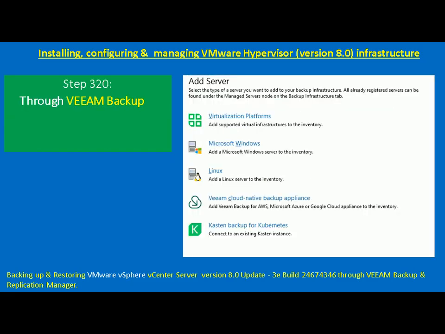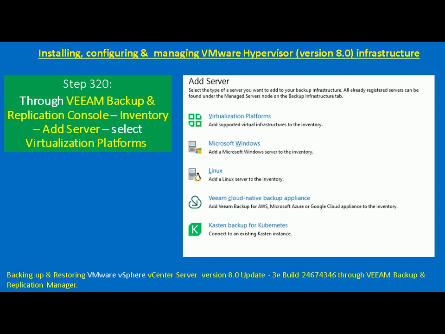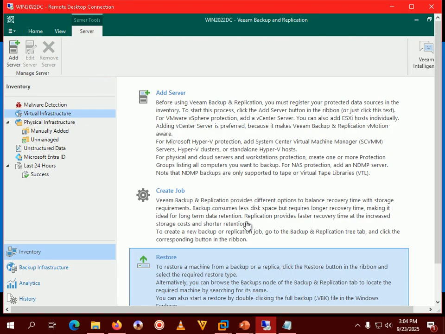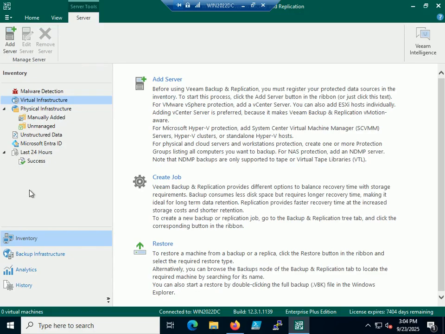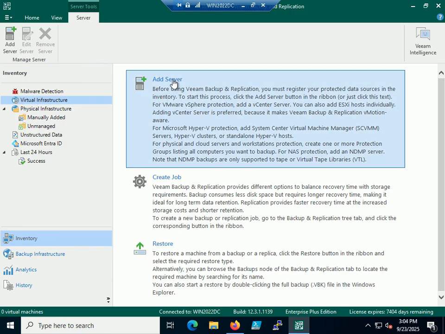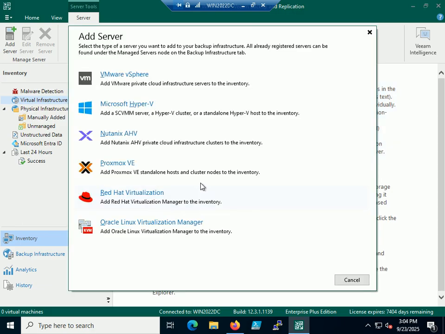So next step is, through the Veeam Backup and Replication console inventory, click on Add Server and select virtualization platforms. Here you can see there is an option called Inventory. Under Inventory there is an option called Virtual Infrastructure, because we are taking backup of our virtual infrastructure, not the physical infrastructure. And there is an option called Add Server. Okay, so I'll click on Add Server,